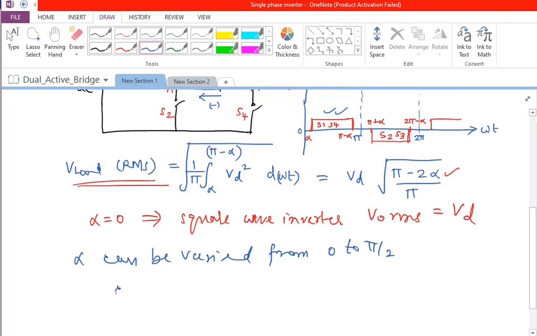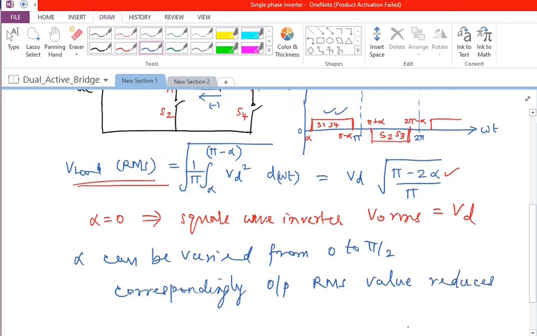So correspondingly, output voltage or output RMS value decreases or reduces. So this is going to decrease further and further as the alpha value is increased towards pi by 2. So this is for mainly amplitude control. We will look at what kind of impact it is going to have on the harmonic content eventually when we